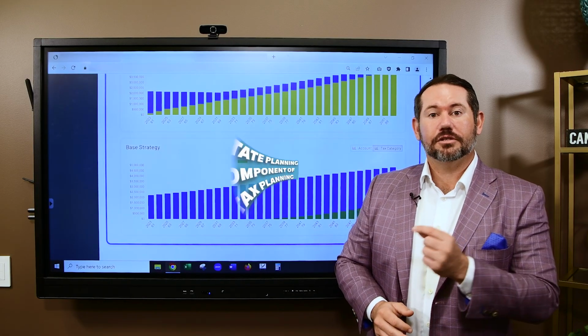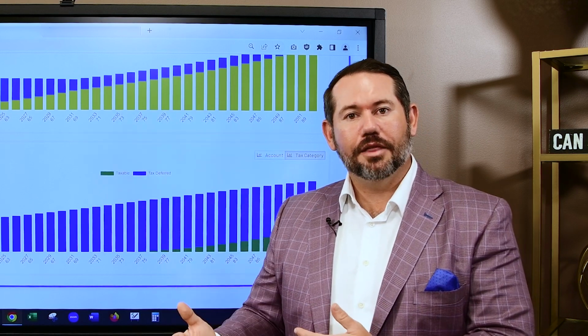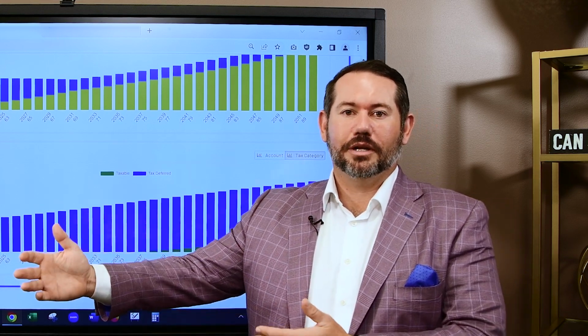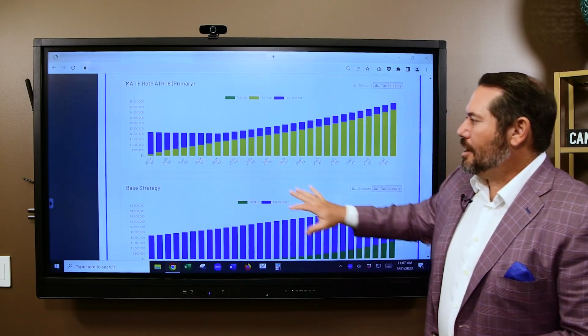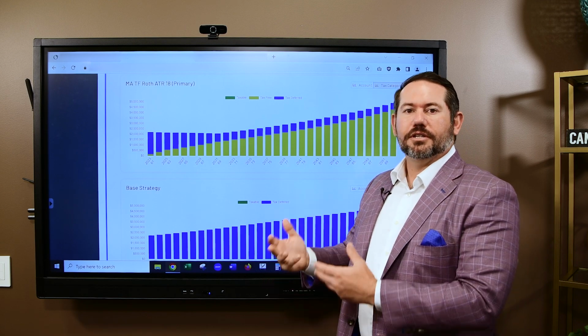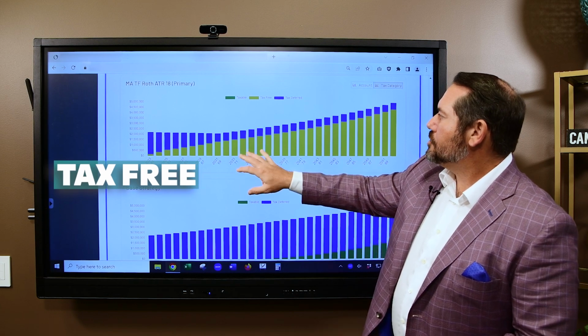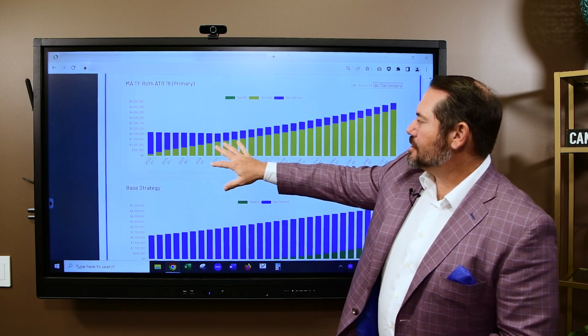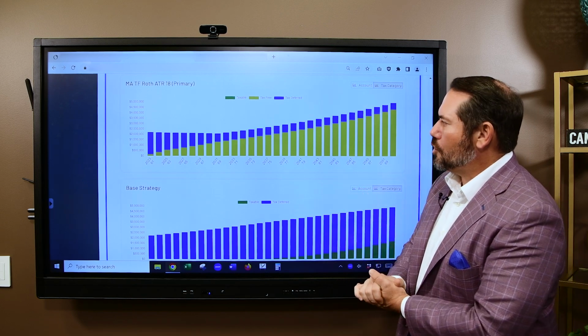I want you to understand the estate planning component of the tax decisions that we make today. Estate planning, by the way, is step 5 of the retirement success plan. And all of this kind of blends together, but it's also a guide path for decisions that we have on an ongoing basis in this relationship. So up here, we see now the composition of the accounts if we start to address the tax infestation we have in these accounts. So the yellow is now tax-free. So this plan does not have us completely eliminating the tax deferred accounts as part of our overall retirement plan,